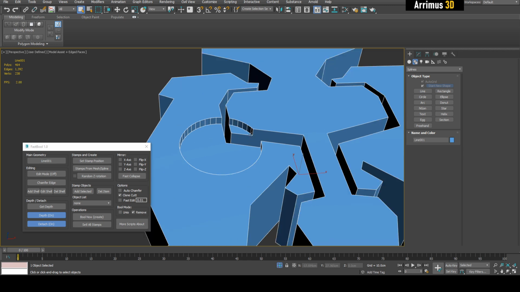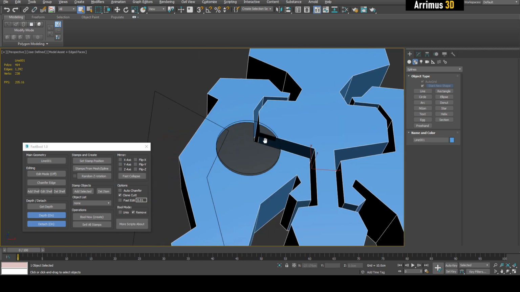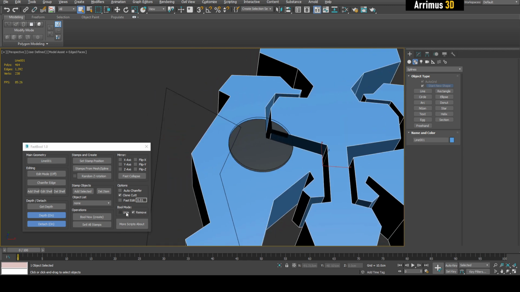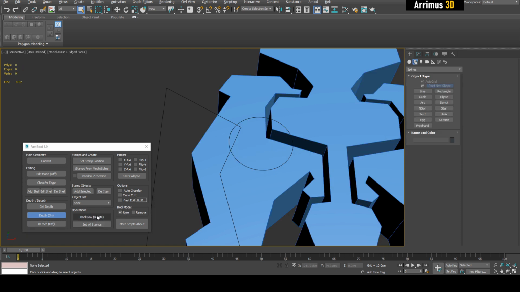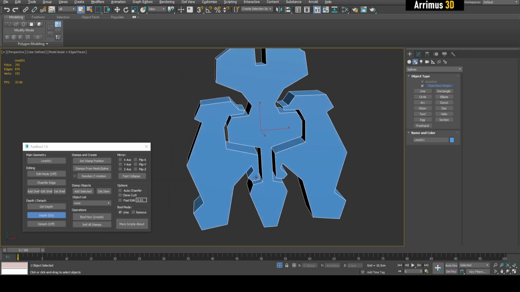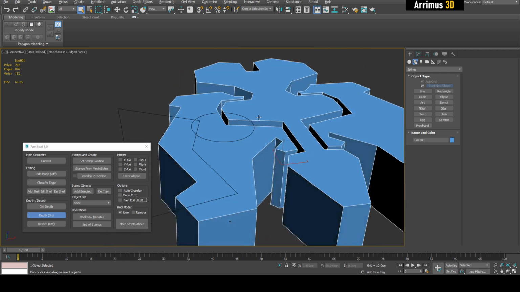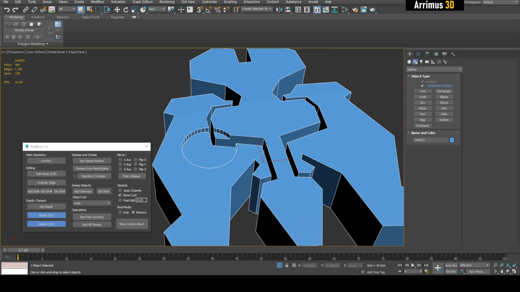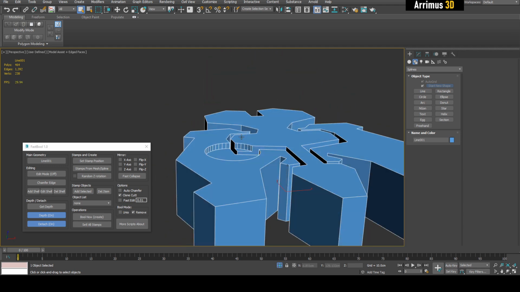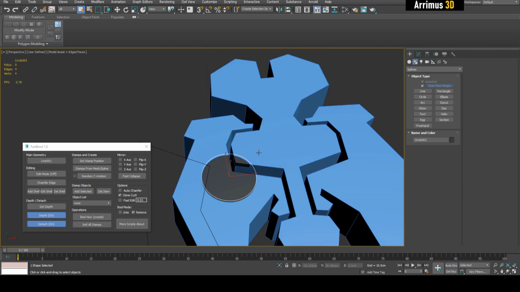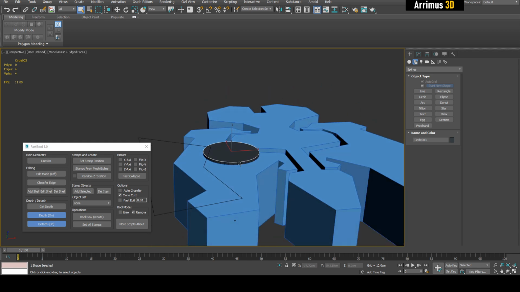If at any point we don't like this, we're going to undo that. I'm going to switch it to union and select it, and there we go. Now we're back to our original object. So it is a very nice procedural workflow. What this does is it kind of extrudes straight down, so in order to make things more interesting, what I can do is just